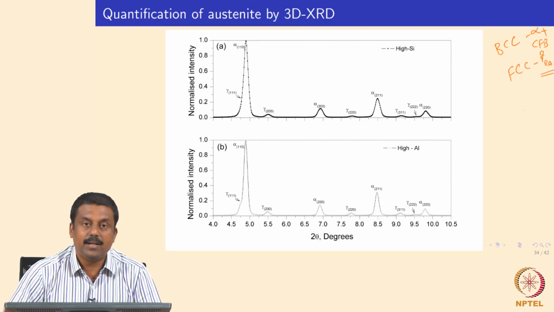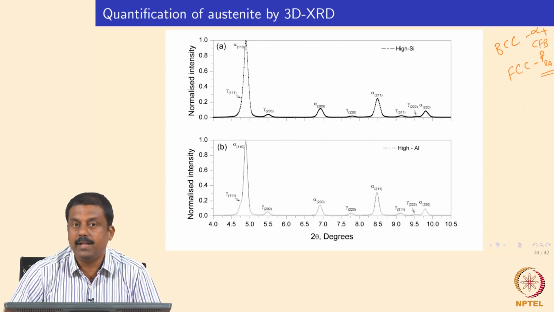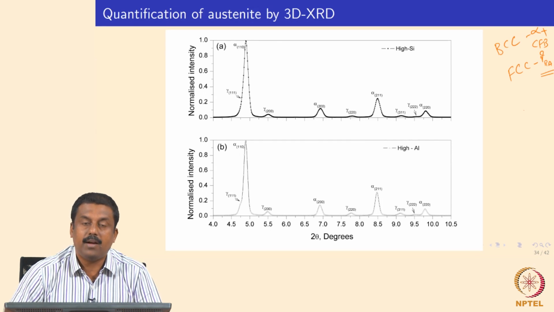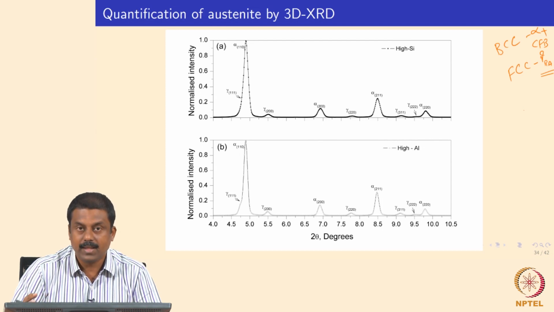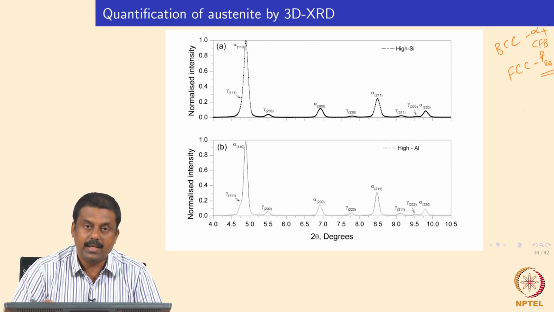In this case, because the gauge volume is very fine, we can measure in highly localized regions in the heat affected zone as well as in the weld zone. So using the X-ray diffraction technique, we can precisely measure, by the various ways I am going to explain in the next slides, the amount of retained austenite present in the microstructure in the welded material. So the principle is very simple.